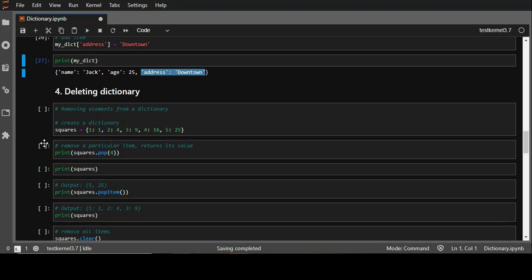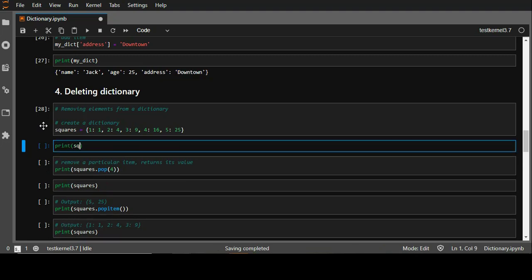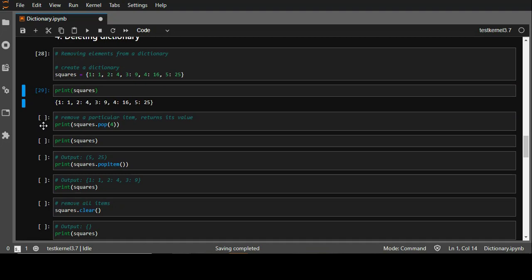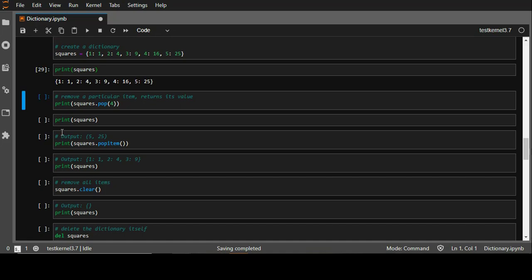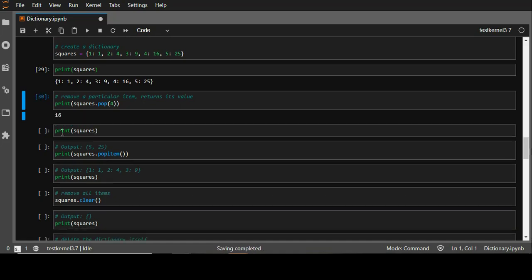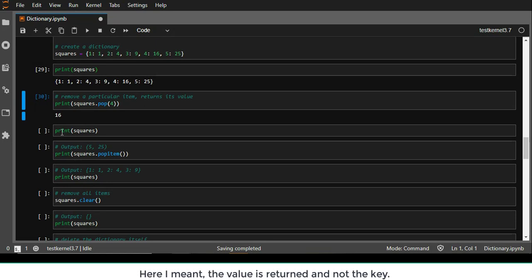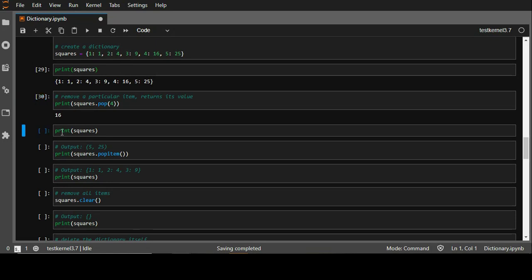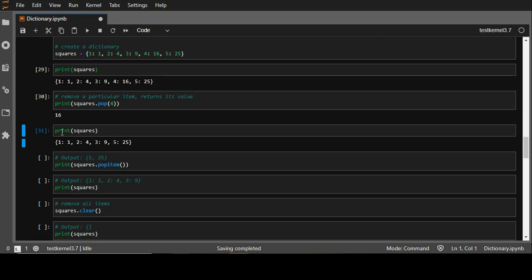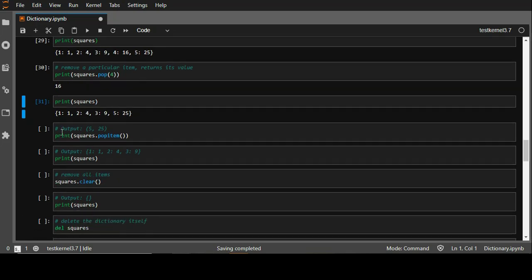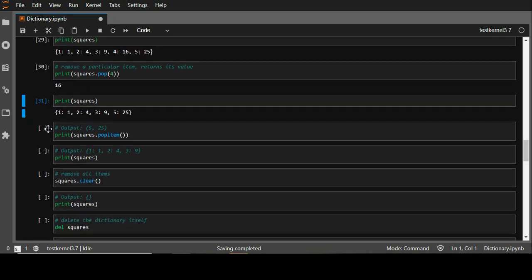Right. Now about removing elements, we can remove a particular element from a dictionary using the pop method. You just have to provide a key inside the method. So let's say I want to remove an item. First of all, let me just show you the values of that particular dictionary. Now let's say I want to remove the item with key 4. I'll just write 4 inside the pop method. So you see it returned the value of it. And now if I check the values of the dictionary, there is no item with the key 4 anymore. So this method removes an item with the provided key and returns the value of that particular key.